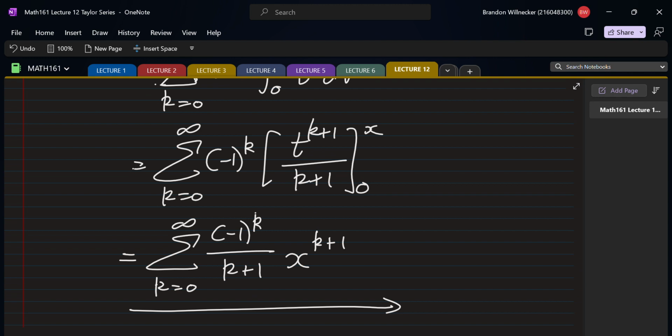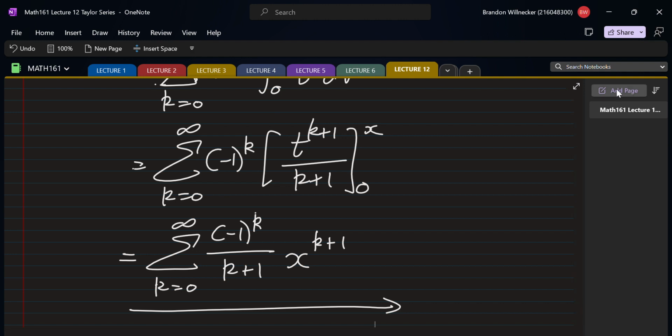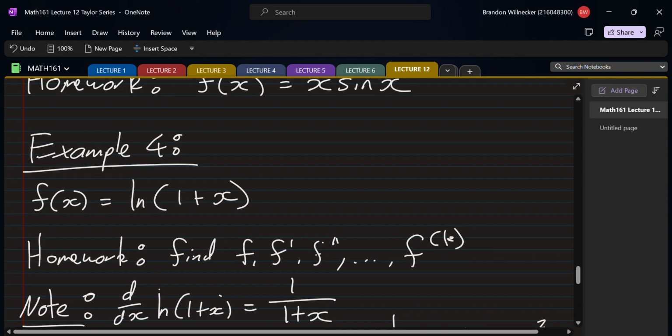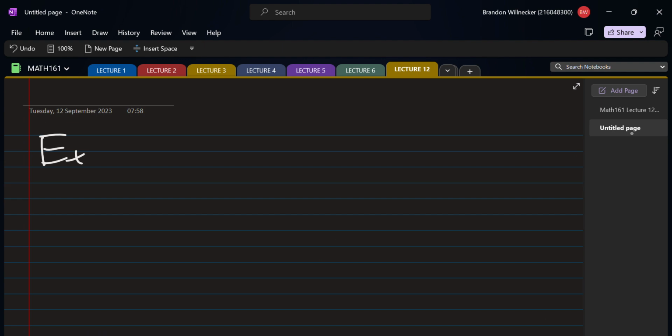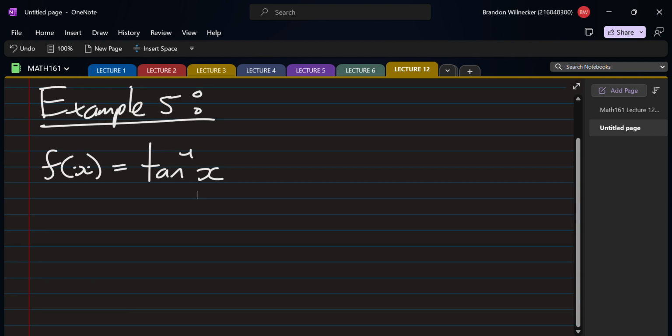Okay, let's have a look at another example that's similar to this one, where we integrate the derivative. So this is example 5. We're going to have f of x is equal to arctan of x. Now again, you can use the original definition where you substitute 0, then you find the first derivative at 0, the second derivative at 0, and so on. But here we're going to note